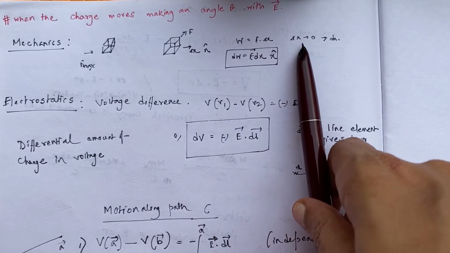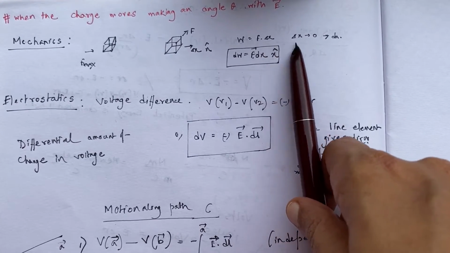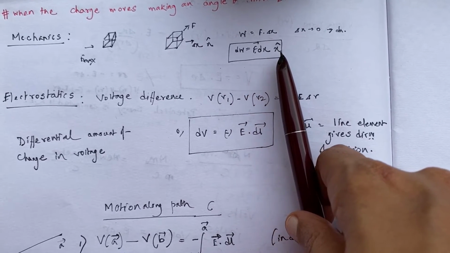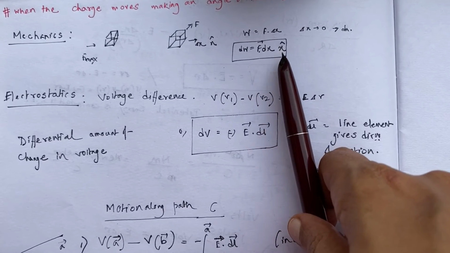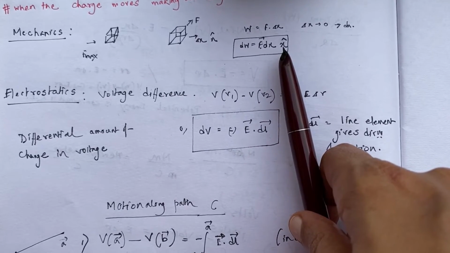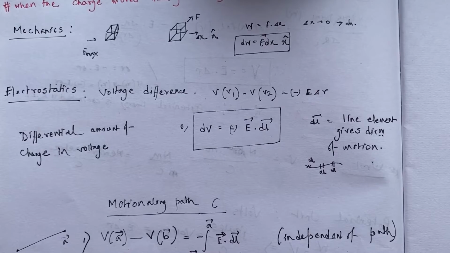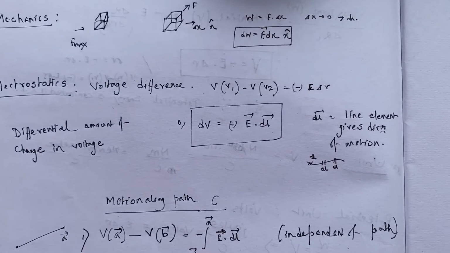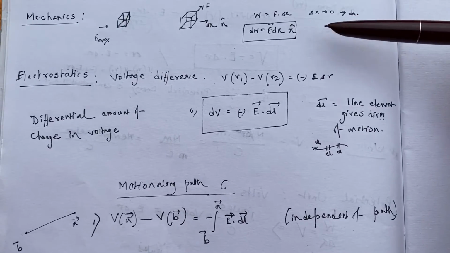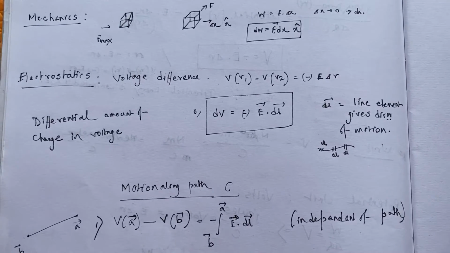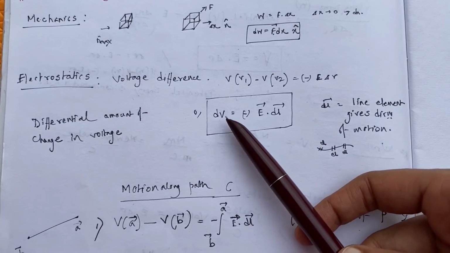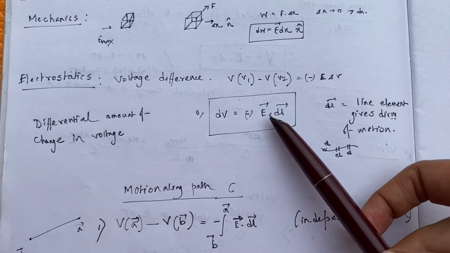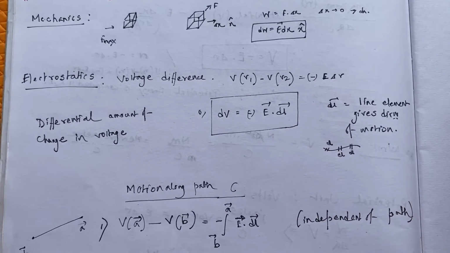In the limiting case, when delta x tends to 0, delta x becomes dx. So the differential amount of work done dW is given by F dx x hat. X hat is the direction of the displacement, because to define the work done, we need to also specify the direction of motion of the object. In analogy with this, I can easily find, in the electrostatic case, the potential difference between 2 points, and that is given by E dot dl. dl is from the coordinate system.